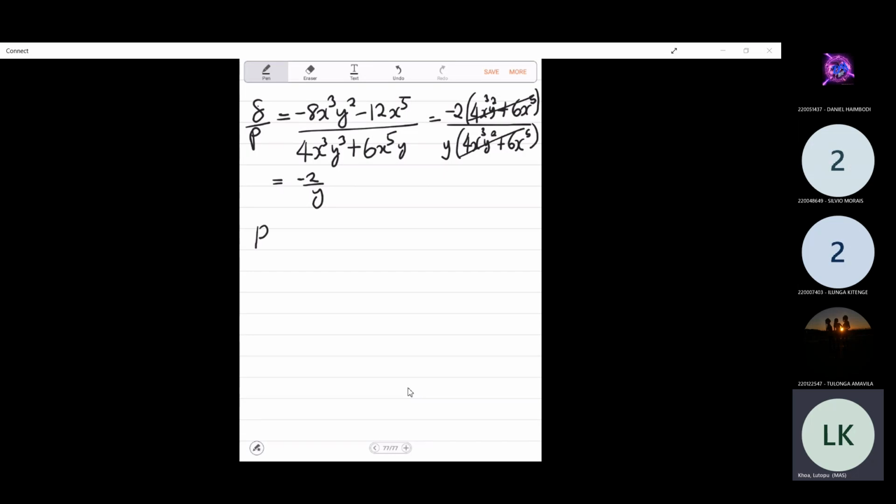So our integrating factor will be e to the power of the integral of -2 over y dy, which is e to the power of -2 ln y, which is y to the power of -2. Okay, then we multiply everything by